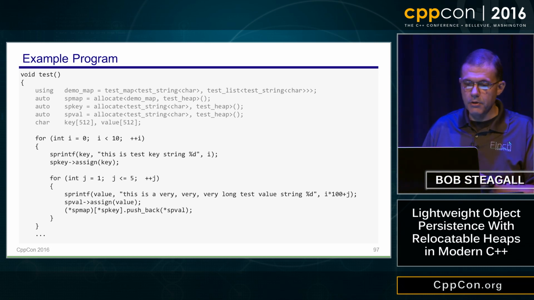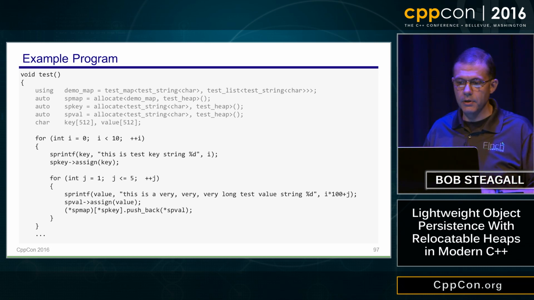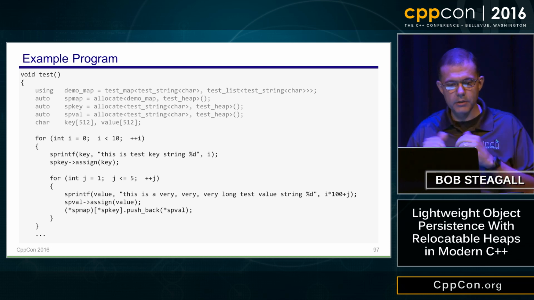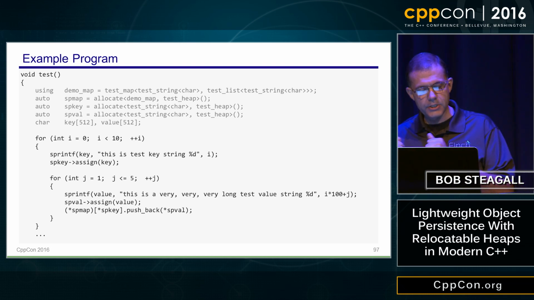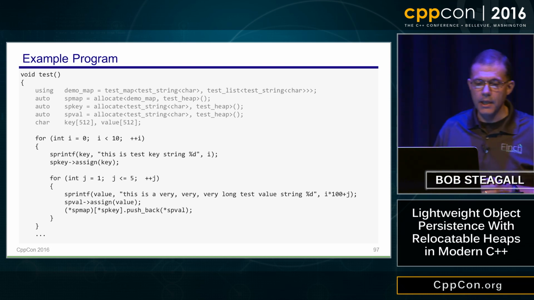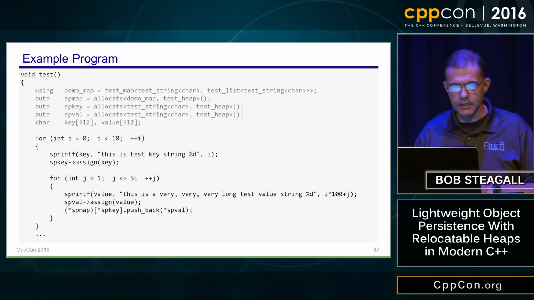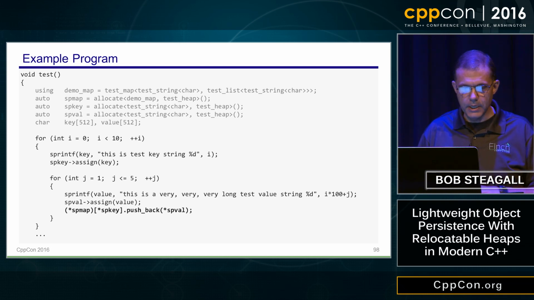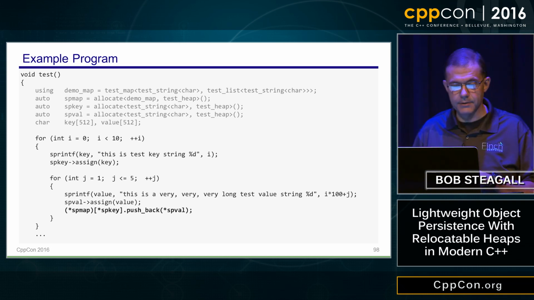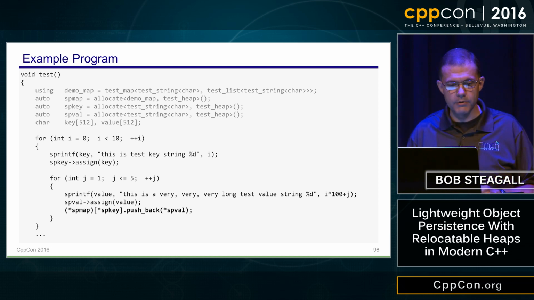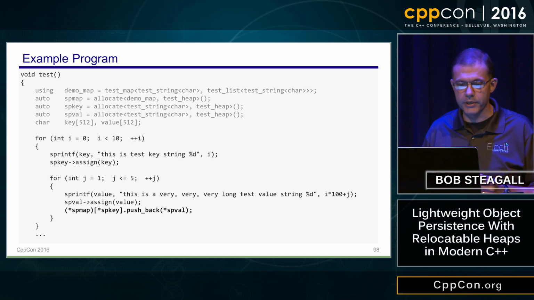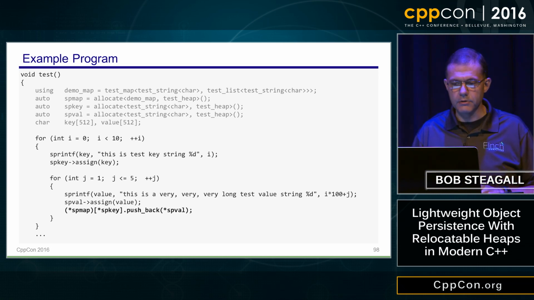The top of the code here is a very simple nested loop that will populate the map. I'm going to create 10 elements, with different strings for each element, and for each key there will be a value that's a list, and I'm going to put 5 strings in the list, each of which will have a different value. And here's the particular line of code that does that. Shouldn't be any surprises here. The only slight wrinkle is instead of using references, I'm dereferencing these synthetic pointers for each of those operations.